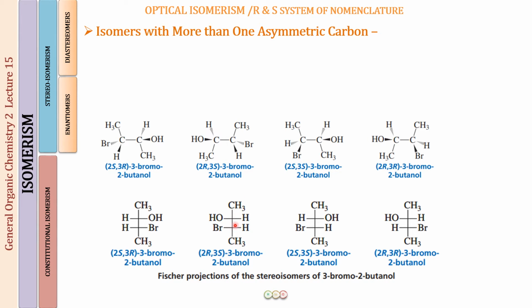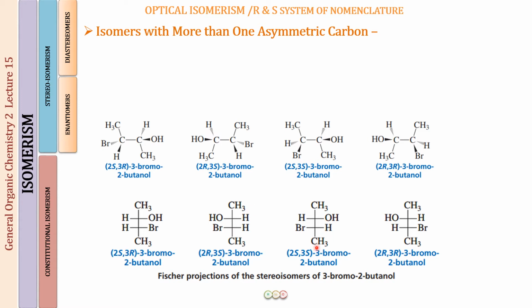So these are constant. What is changed for this carbon is the OH and the H. They have interchanged their position. So it is going to be an interchange of 2 groups. When it is an interchange of 2 groups, the configuration is going to change. Okay, so if it was a 2S over here, now it is going to be a 2R. Right, and if you look at this one, H and the Br have changed their position. So if it is a 3R over here, it will be a 3S over here.